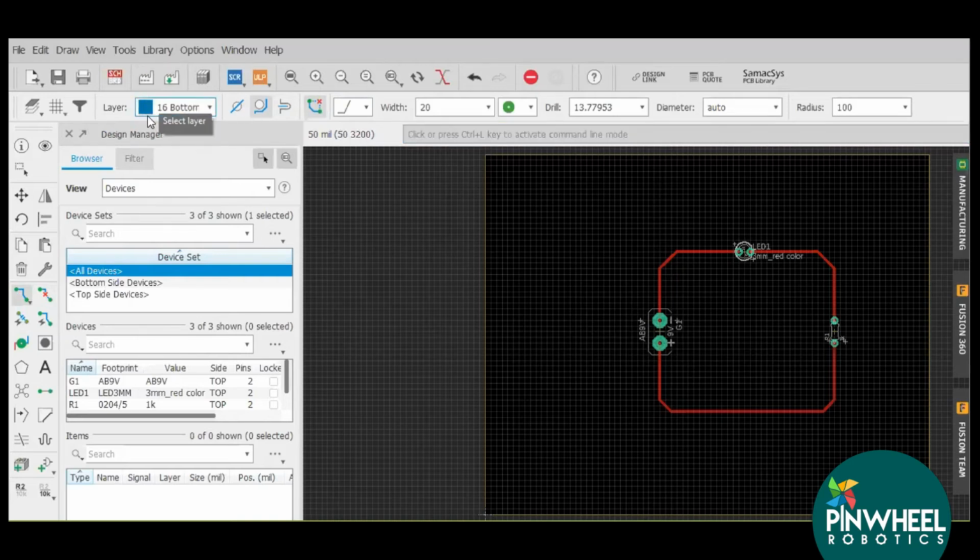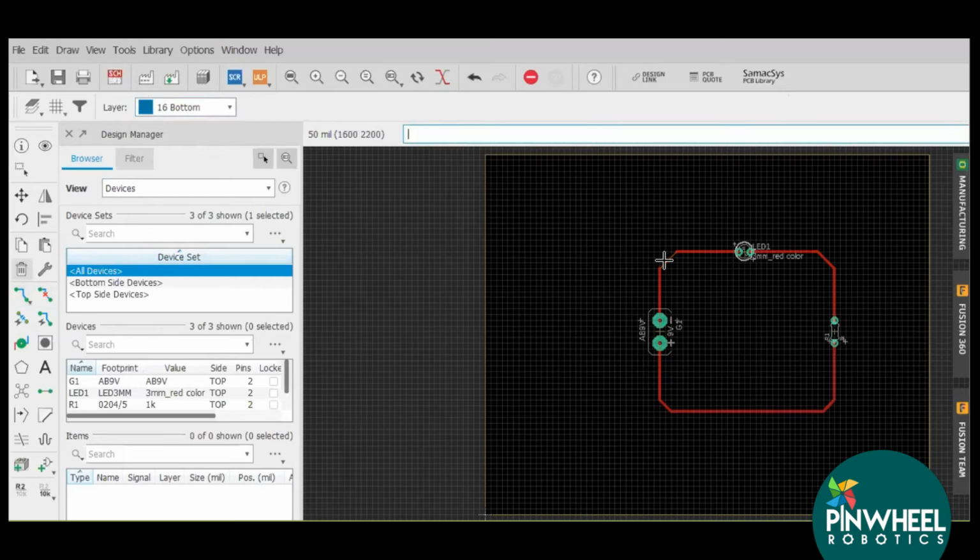Now it is the bottom layer. Suppose this is a single side PCB. If I want a double layer PCB, then I will show you what we can do here. So this is the top layer.